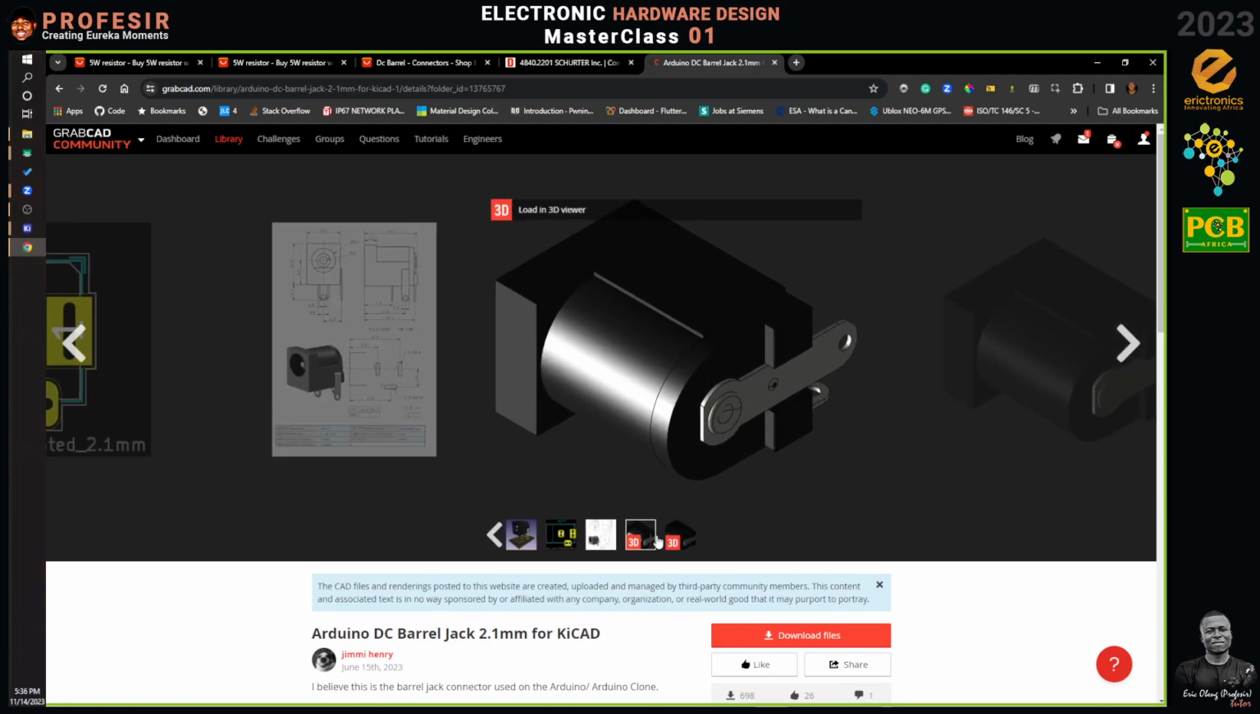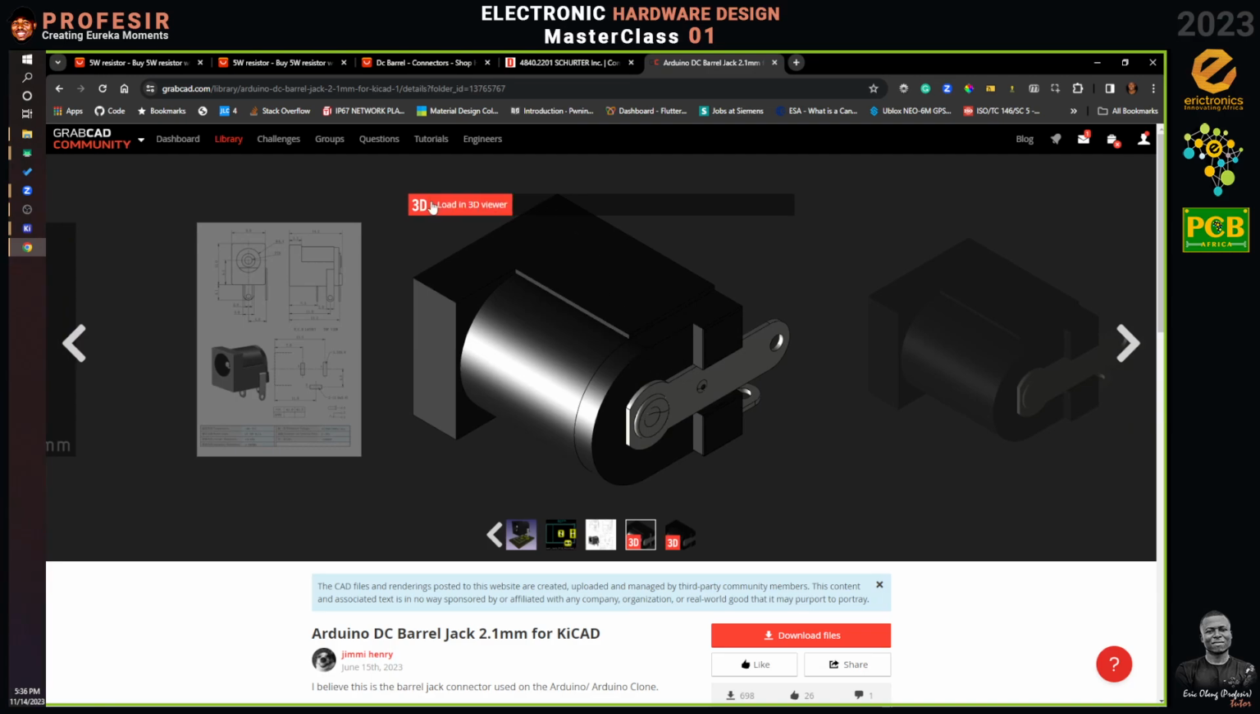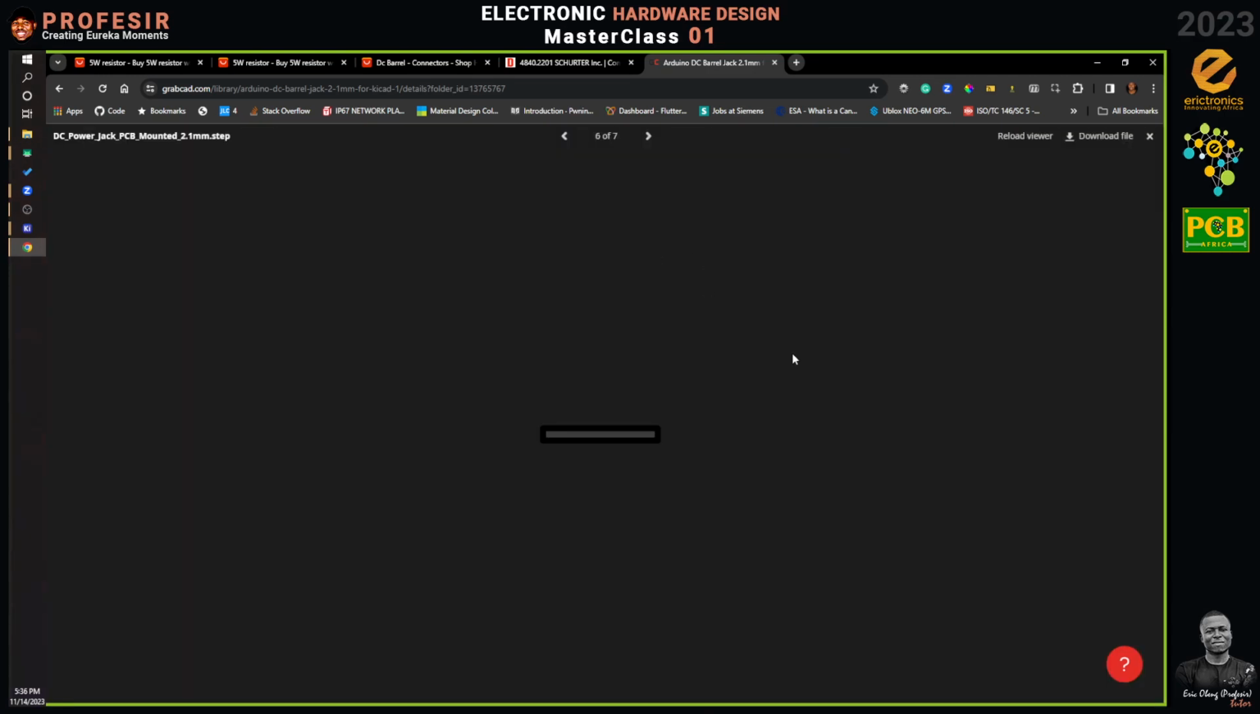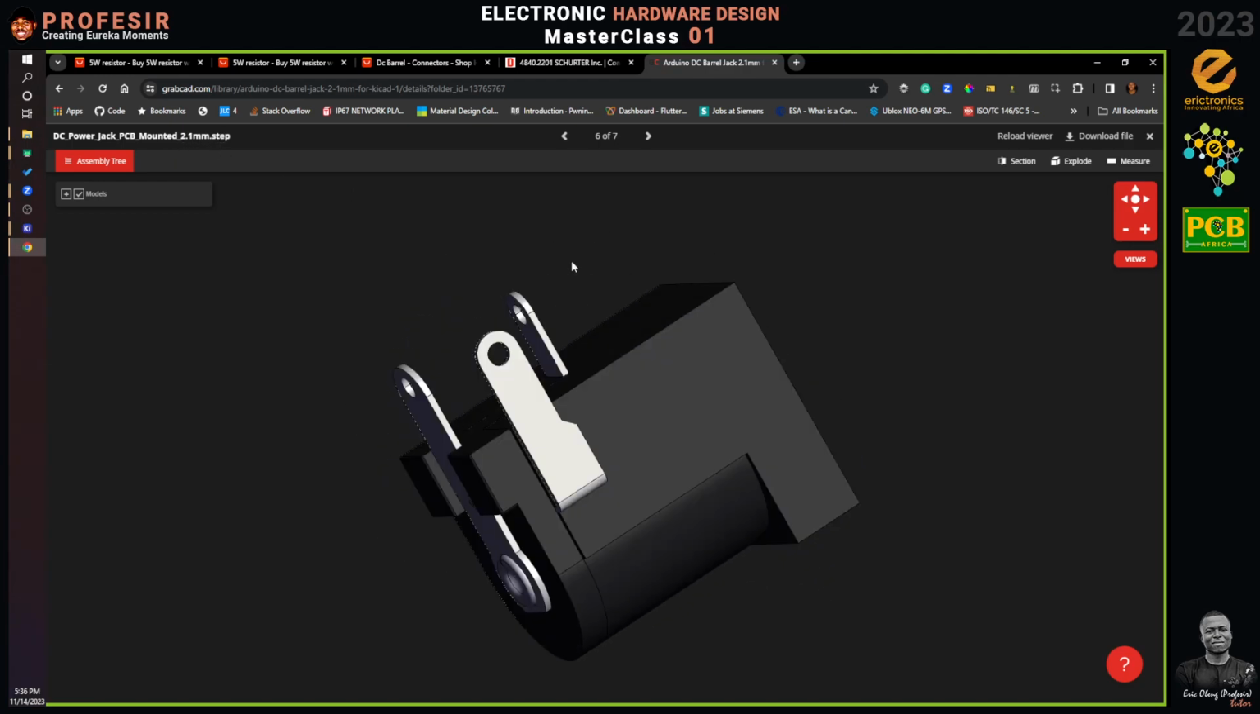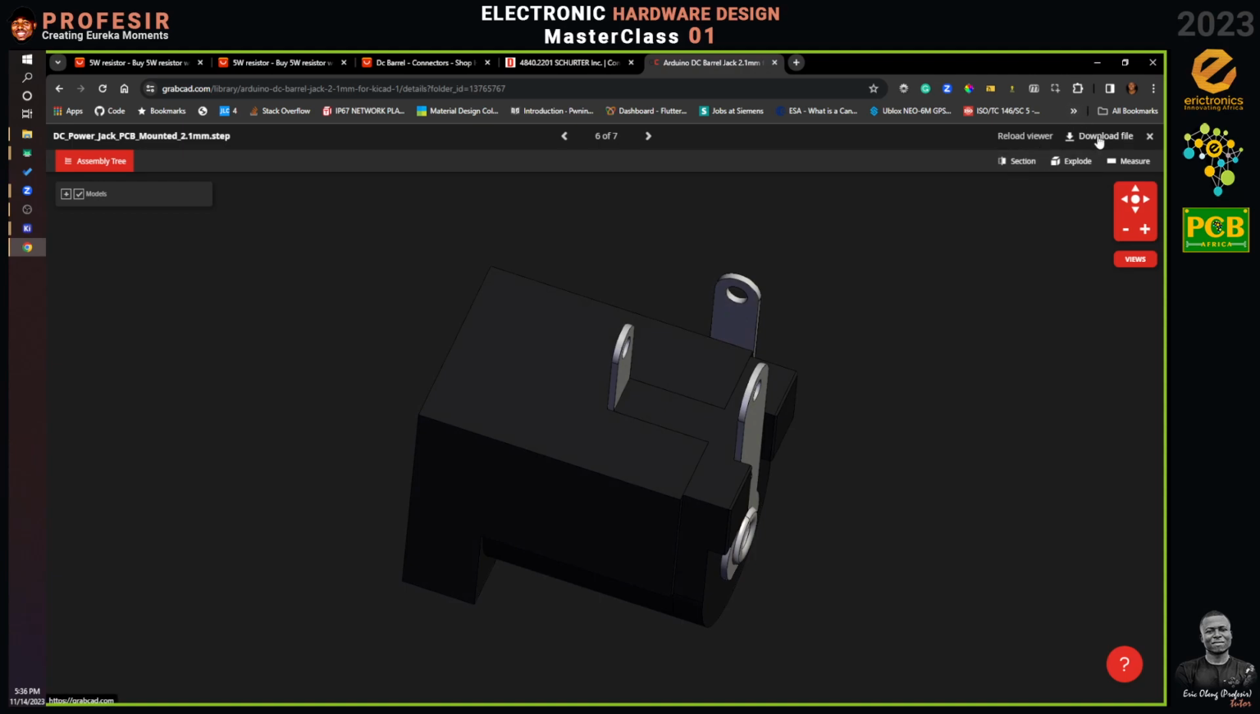Oh, okay, so you can see 3D. And you can actually check it out on the site before you even download it. So you can see that this is DC barrel 2.1 mm step. That's exactly what we are looking for. Is that okay? So the next thing that we do is to download the file and save it to a